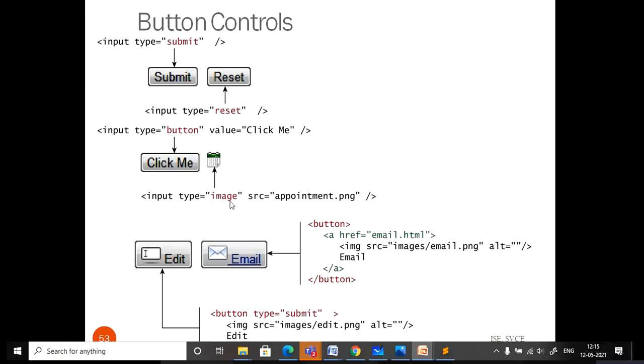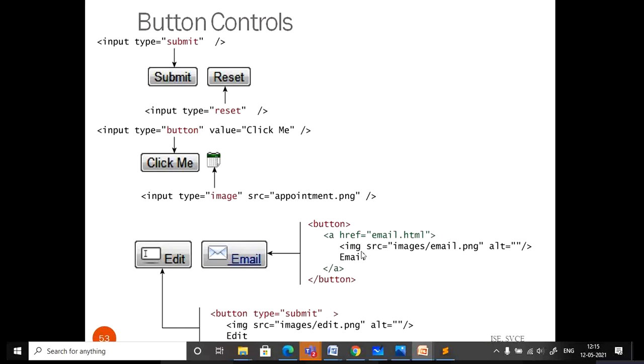Then input type is equal to image. Here the image is going to act as a button. Similarly, if you want to create a customized button using the button tag, this is how you create it.